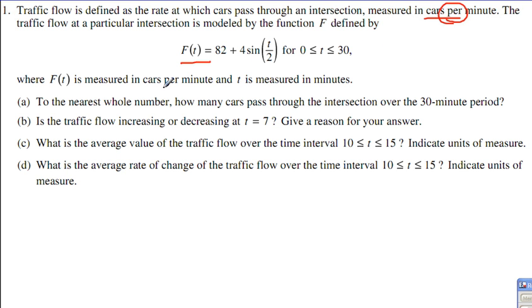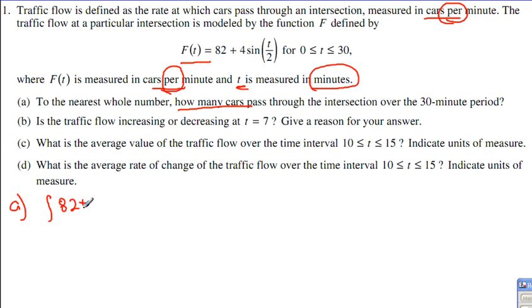Now, let's try to look at it. Once again, cars per minute talks about the rate, and t is the time, in this case in terms of minutes. Now, the first question is this: how many cars? Cars per minute can be considered as the derivative in one way because it talks about the rate. Therefore, in order for us to get how many cars, we have to get the antiderivative. So in order for us to do A, what we'd like to do is this: